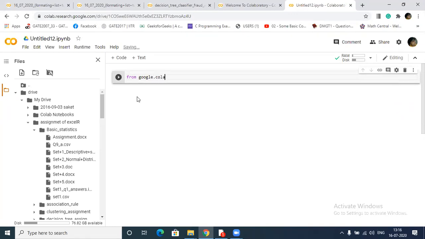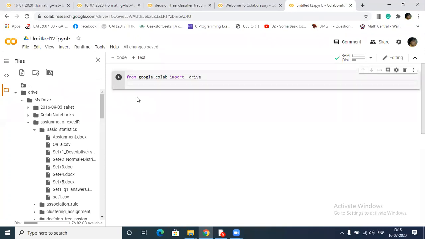from google.colab import drive, drive.mount('/content/drive').